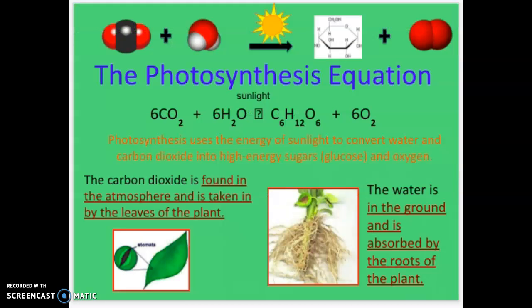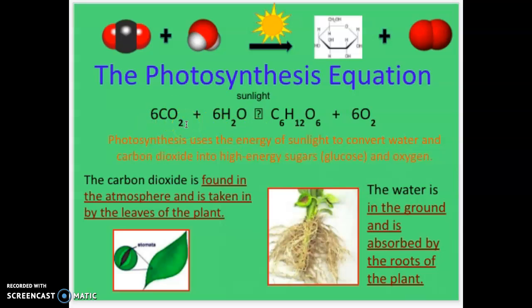All right, so the photosynthesis equation, you need to write this down. It's 6CO2, which is carbon dioxide, plus 6H2O, which you should know is water. There should be a yield sign here, like this, an arrow. I don't know what happened to it in this slide. And it yields C6H12O6. This is the equation for glucose, or sugar, plus 6O2, which is oxygen. All right, so please make sure you write this formula down.